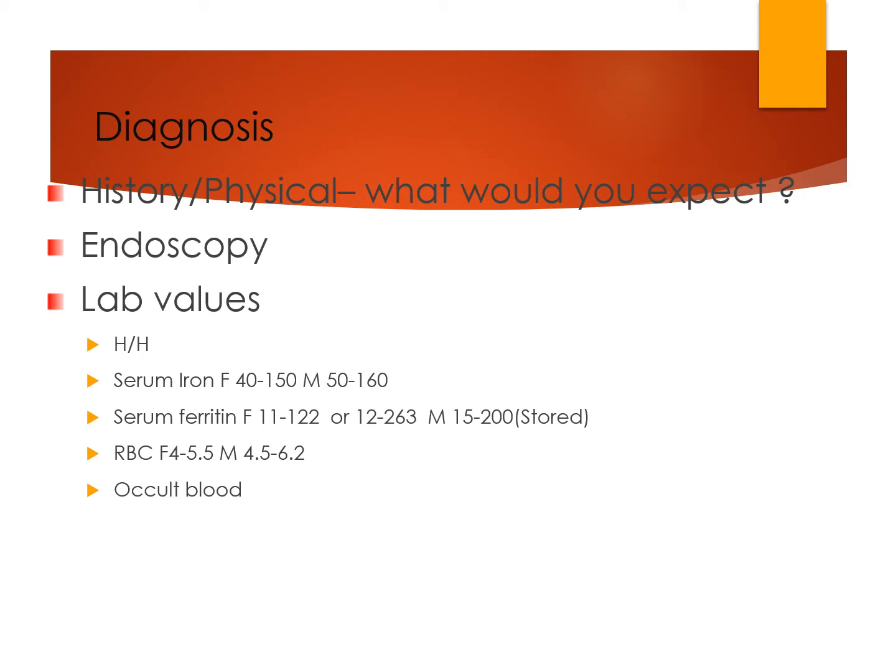For laboratory results, you want to look at H&H. You want to look at the serum iron. You want to look at the serum ferritin, understanding there is a serum level and there's also a stored level. You want to look at the red blood cells and occult blood. Occult blood is actually a sampling of stool that would result in an indicator turning black or bluish in the presence of blood. Many of us have done occult blood samples,